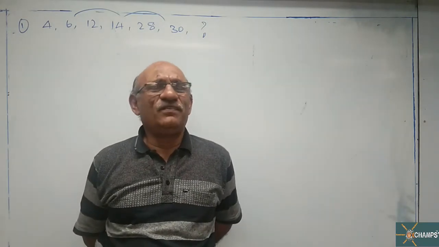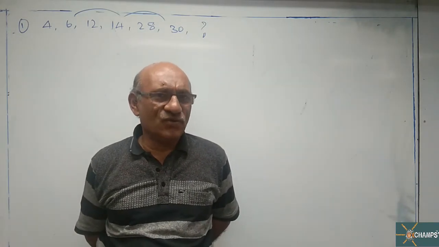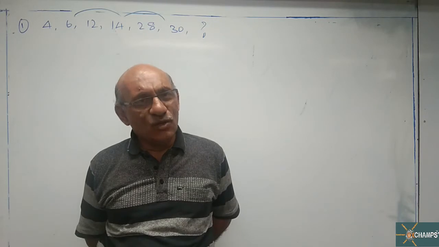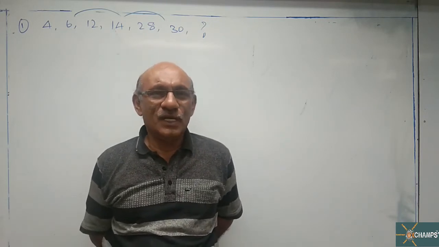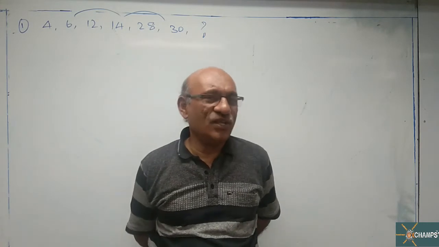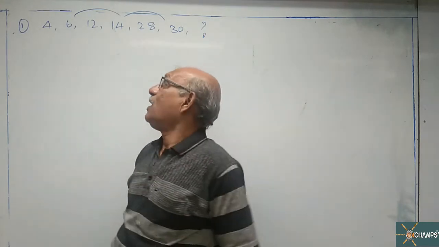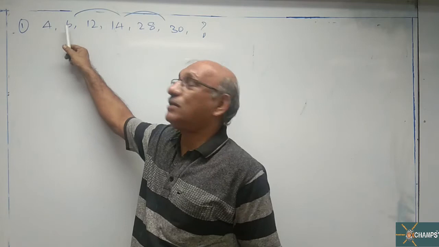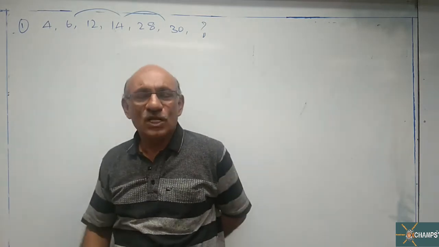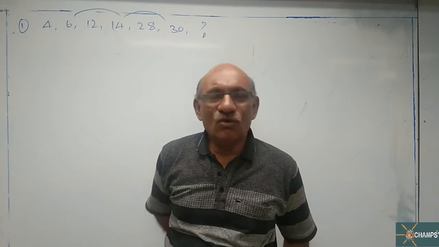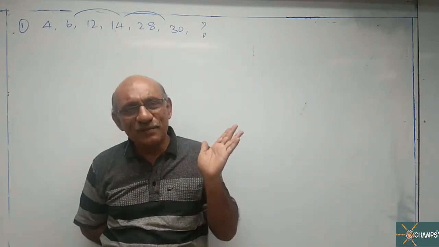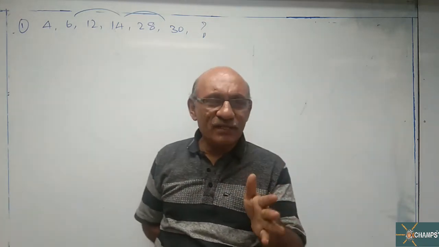First of all, verify whether the numbers are perfect squares, perfect cubes, or whether factorial is applicable. It is not a square series, it is not a cube series. Because 4 is not a prime number and 6 is not a prime number, it is not a prime number series, and it is not a factorial series. So 4 concepts are eliminated from the picture. I am repeating this point.